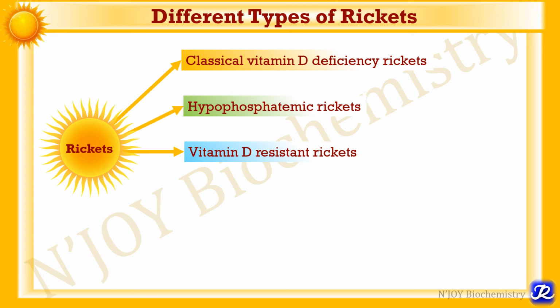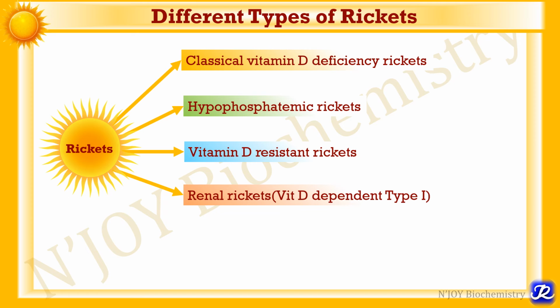In this condition, supplementation of vitamin D, phosphate and bicarbonate is useful. Then the next type is renal rickets, which is vitamin D dependent rickets type 1. In chronic renal failure, even though vitamin D is available, calcitriol cannot be formed due to lack of 1-alpha hydroxylase enzyme, and this renal rickets will respond to administration of